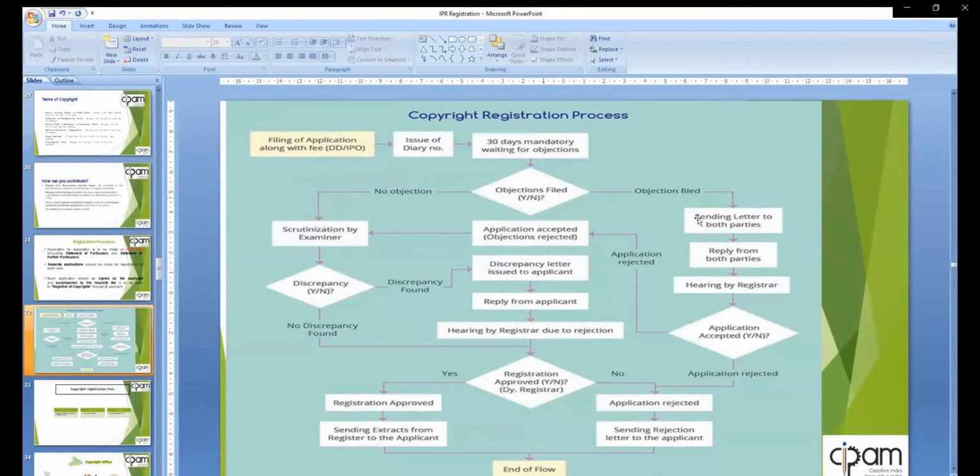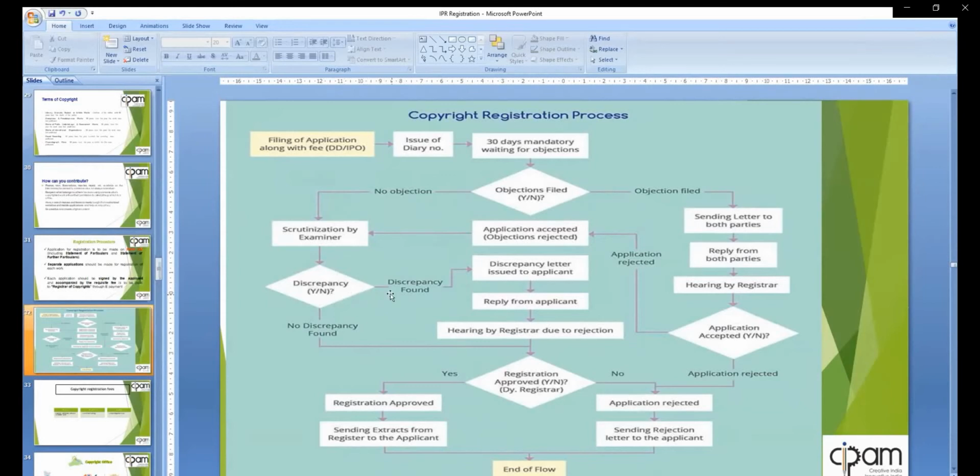If an objection is there, then a letter is sent to both the parties, reply from both the parties on what the objection is, then there is a hearing by the registrar himself, then based on the objection, whether overruled or not, the application is accepted or rejected. And if there are no objections, it directly goes for scrutiny by the examiner. The scrutiny looks for any discrepancy based on the earlier work, or whether it is a copy of some other work,